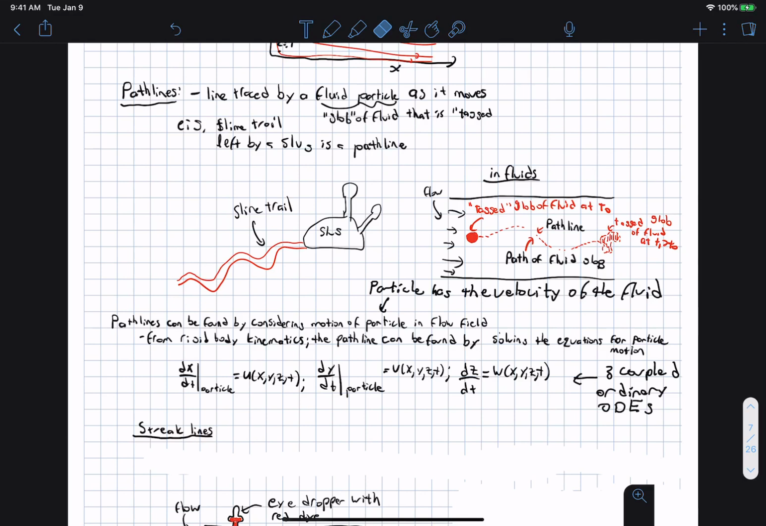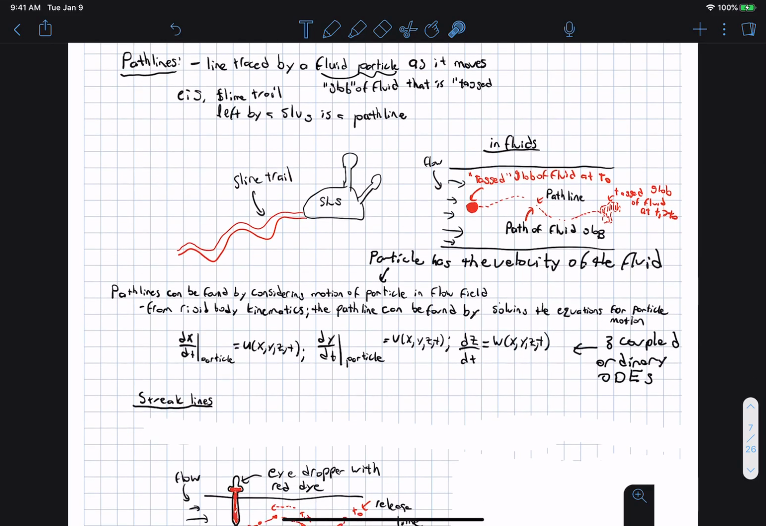Okay, but in general, we have three coupled ordinary differential equations, and they're not always the easiest things to solve. For some of the problems in the book, we can solve those, but often you need to go to the computer to solve them. Okay, and so I will discuss what a path line is in a bit more detail later on, and